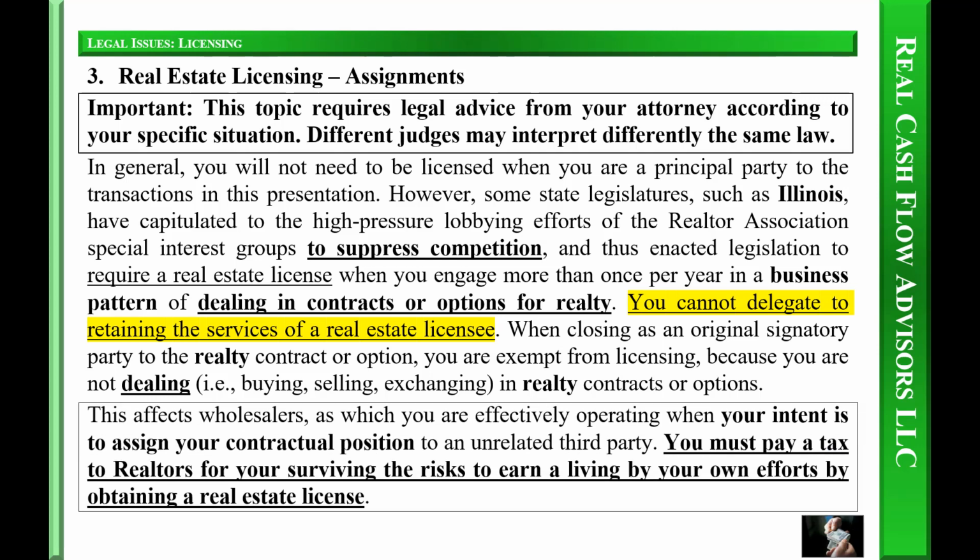This affects wholesalers, which you are effectively operating as when your intent is to assign your contractual position to an unrelated third party. You must pay a tax to realtors for your surviving the risks to earn a living by your own efforts by obtaining a real estate license. Legal issues: achieving the effect of assignment without licensing.